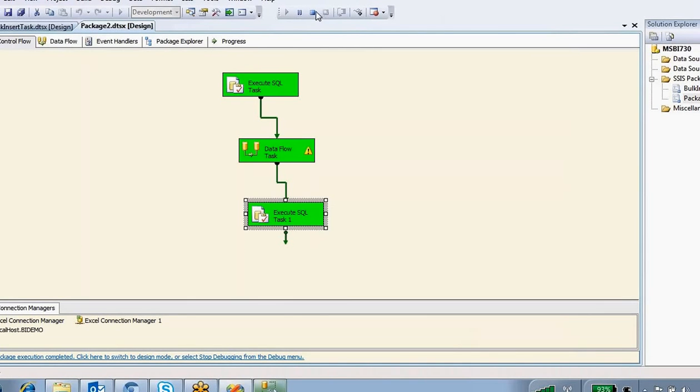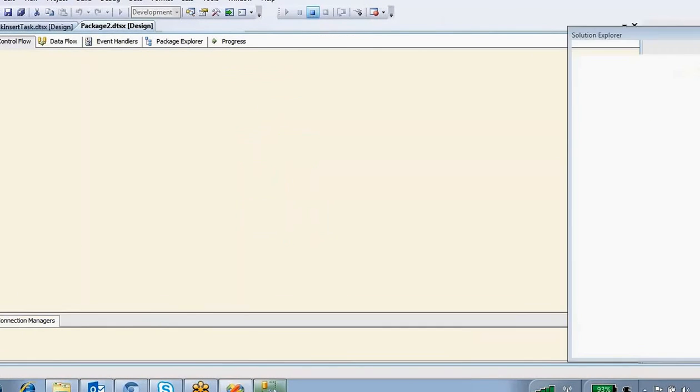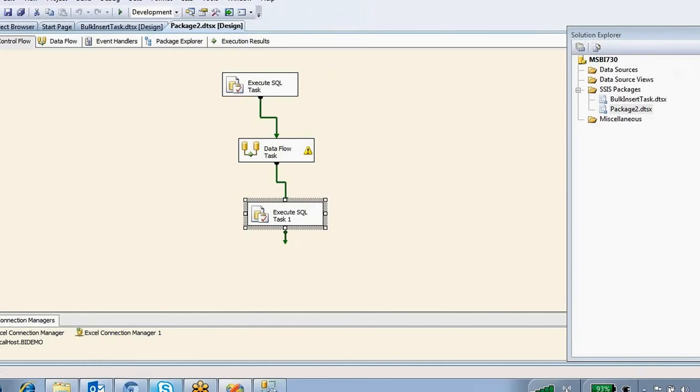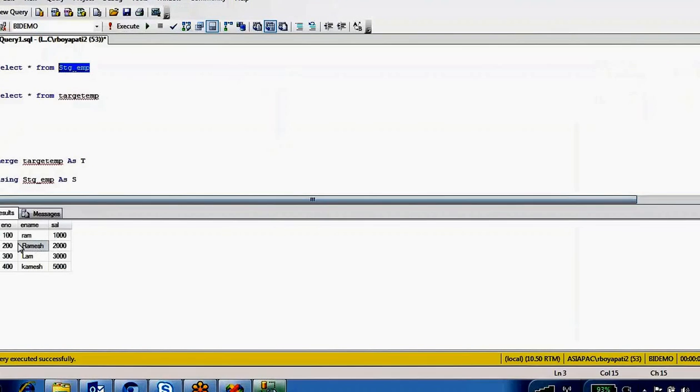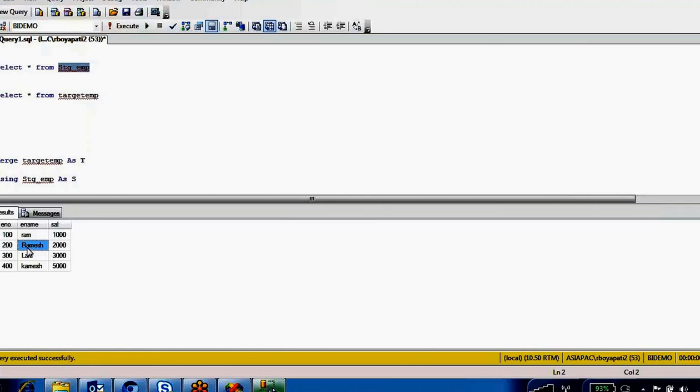Okay, in tomorrow's session we are going to discuss slowly changing dimension. For example, what you did here, this employee 200 old name is Jam, right? It is updated to Ramesh, but I want to keep this old name also with a flag, right?